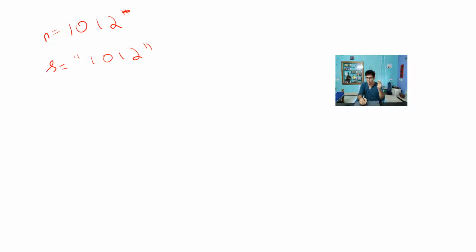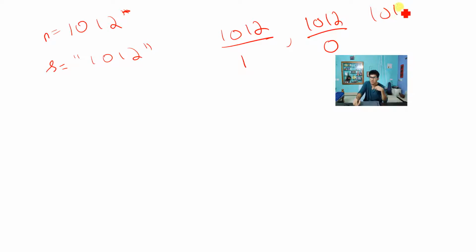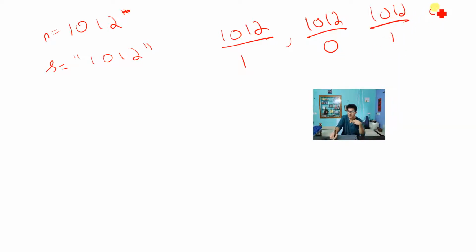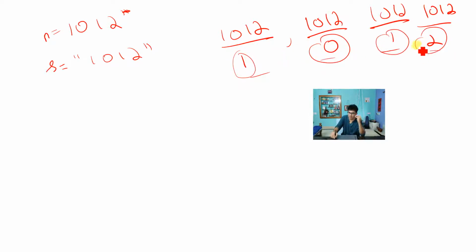Because I got to know that 1012 divided by 1, 1012 divided by 0, 1012 divided by 1, then 1012 divided by 2. See, can you see 1012? Yes. I have to access individual characters and divide them. Once I know that I have to access individual characters, the number must be converted to string so that this can happen. Okay, fine. So how do you convert? You already know, right? Empty string plus n.